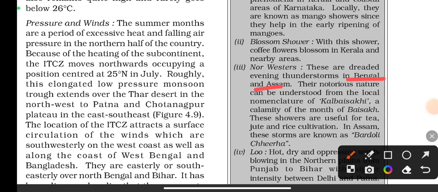Bengal and Assam. Their notorious nature can be understood from the local nomenclature. Kaal Boishakhi in Bengal, calamity of the month of Boishak. These showers are useful for tea, jute, rice cultivation in Assam. These storms are known as